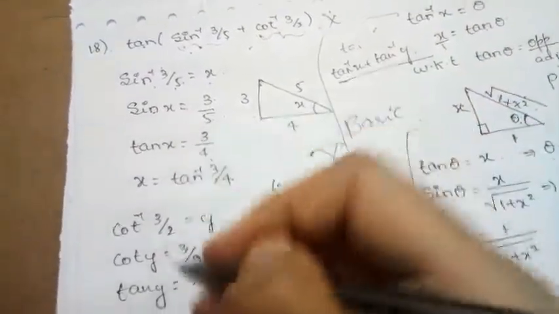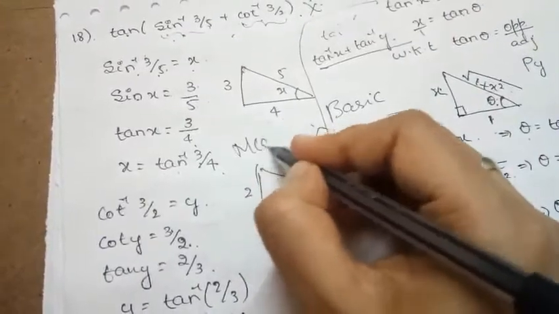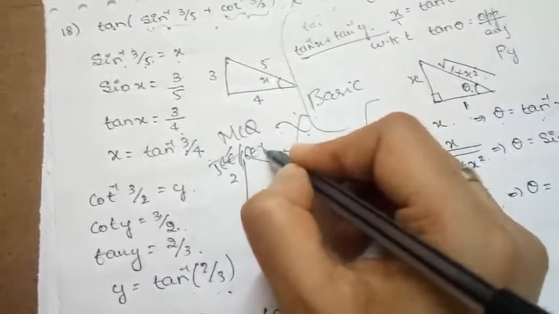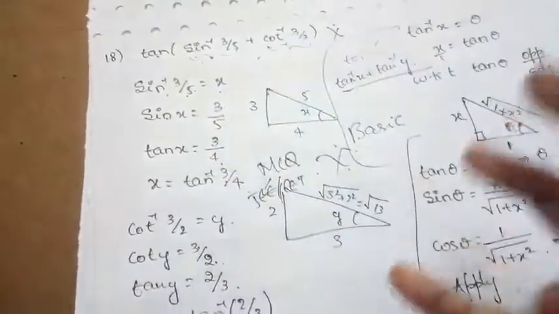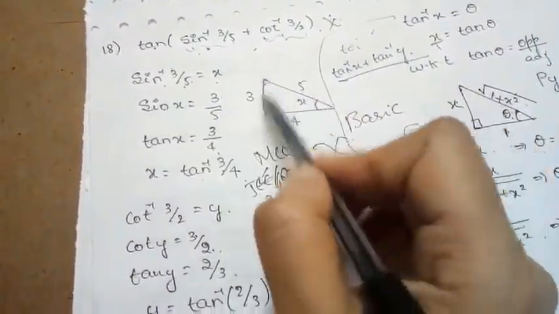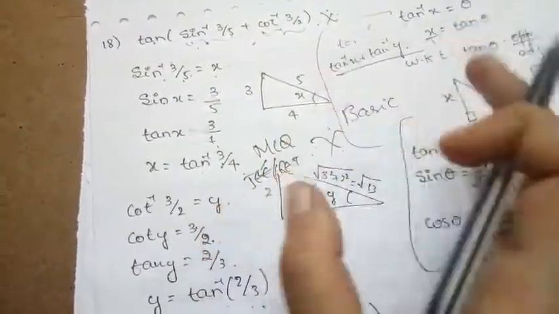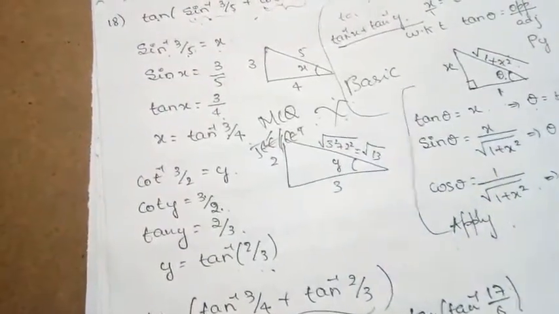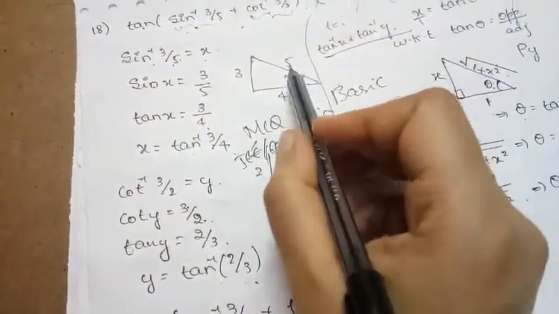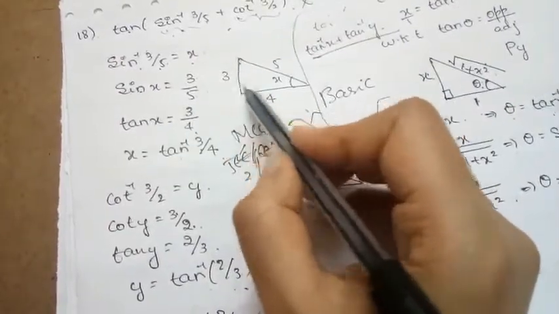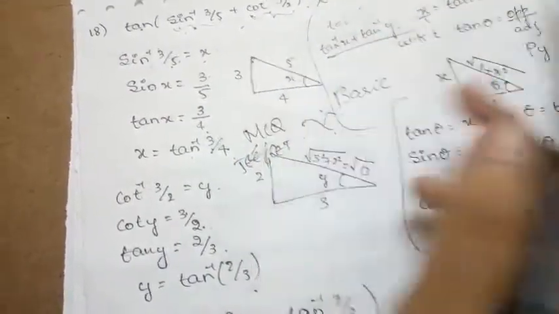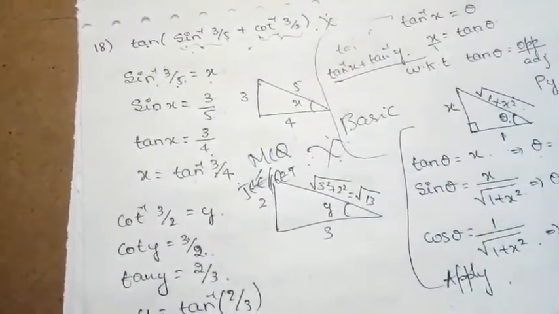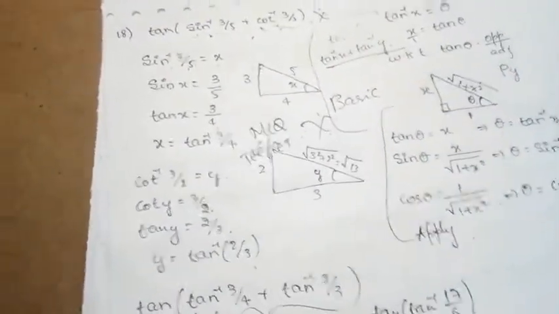Remember this one. This concept is very important for MCQ questions, which are used in the JEE as well as in the CET. If the question comes in this manner, you must be able to convert it into getting all the three sides of a right angle triangle, and convert one inverse trigonometric function into another by looking into the sides of the triangle, that is the adjacent side, opposite side and hypotenuse of the given right angle triangle. So this is how we are solving the question.